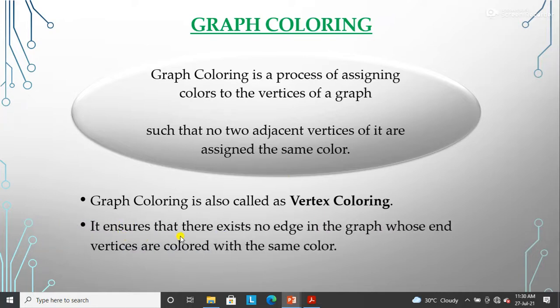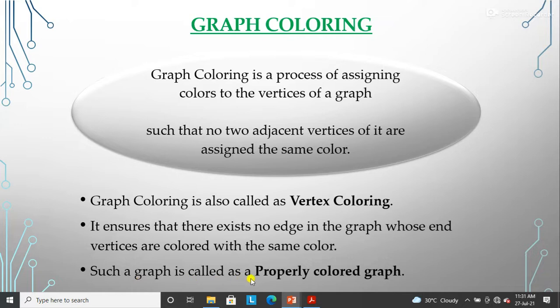It ensures that there exists no edge in the graph whose end vertices are colored with the same color. It means that if we have two adjacent vertices, we can't give them the same color. Such a graph is called a properly colored graph, right? Means we must not give the same color to vertices which are adjacent. So that is called the properly colored graph.